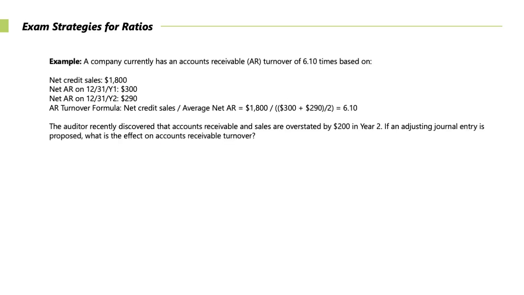And in this example, we have net credit sales of 1,800. And by the way, whenever you're doing receivables, remember, they always simply say, all sales were on credit. But if they were to ever say only 80% of sales were on credit, then you take sales times 80% because you're only measuring credit sales compared to receivables. Remember, receivables only occur because of credit sales. If it's a cash sale, it was collected right away.